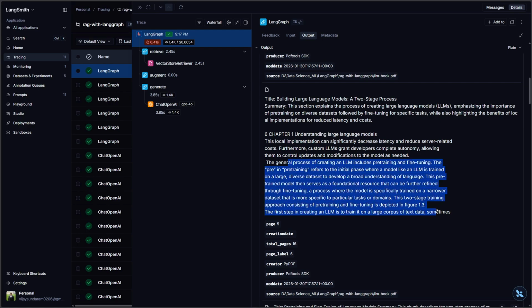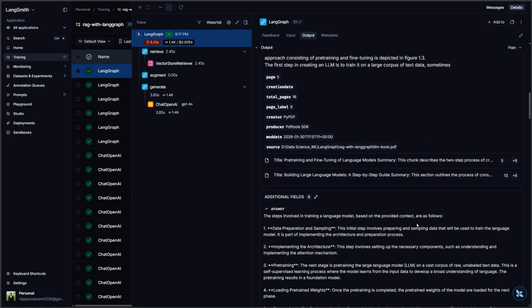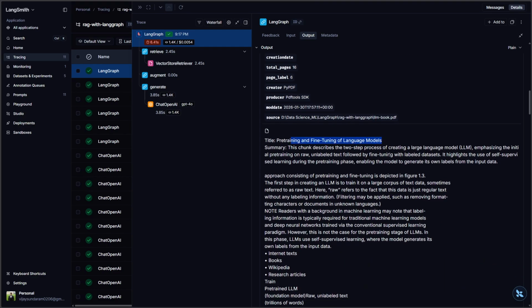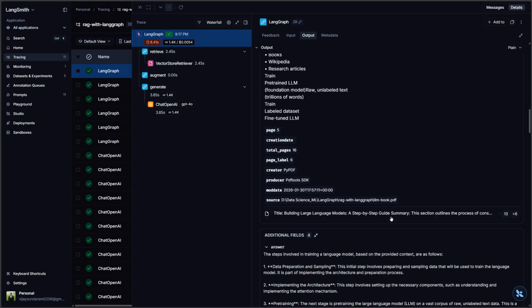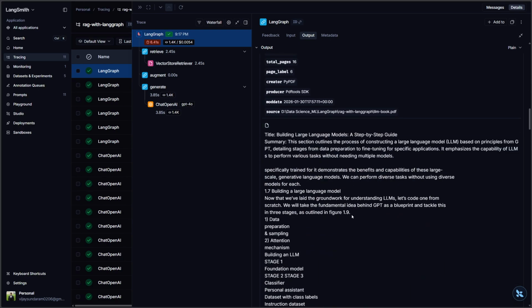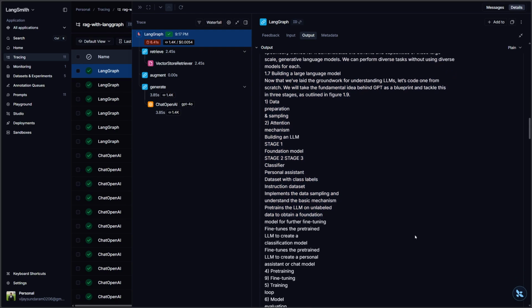There are some definitions here. Of course, I don't know this PDF, how things are structured, so I'm only seeing the examples now. Yeah, so again here, the process of creating language models, emphasizing the importance of pre-training. Again, this has discussed a different aspect of the stages in training. We have our pre-training and fine-tuning here. Yeah, so in a sense, it has added additional context to our original chunk. I think one more thing we can do is actually add a header called a chunk here, instead of just pasting things here. But yeah,